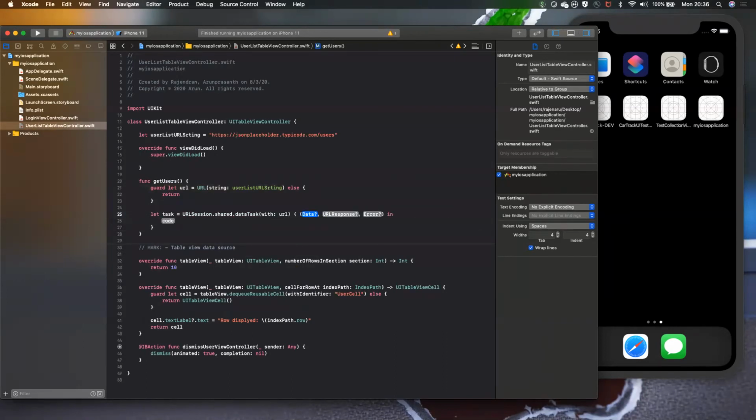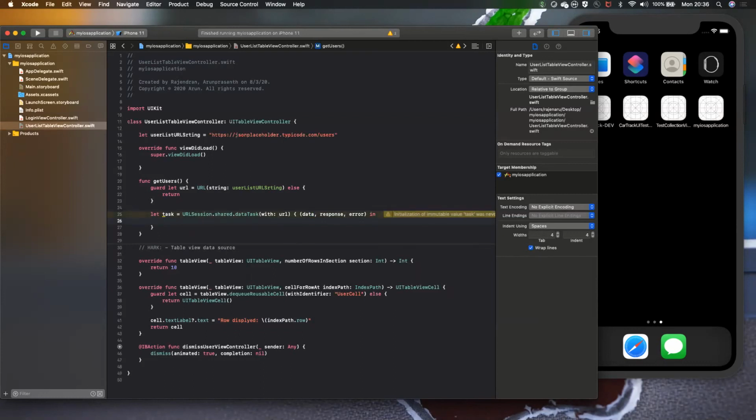In this, we will be getting 3 objects. One is the data, the JSON data, and the next one is the response, whether it is success or failure. It will have a status code, like 200, mostly 200 we use for success. If it is an internal server error or any error, the status code will be different. For that, we'll get it from the response object. And the next one is the error object. So it will return all the objects.